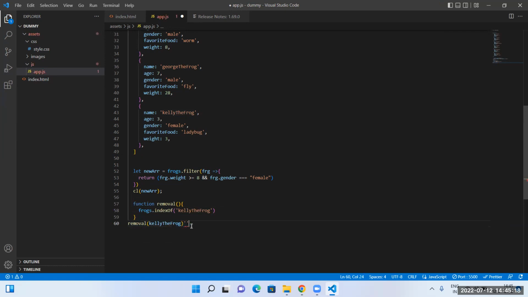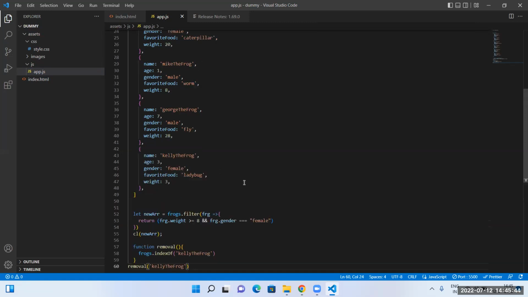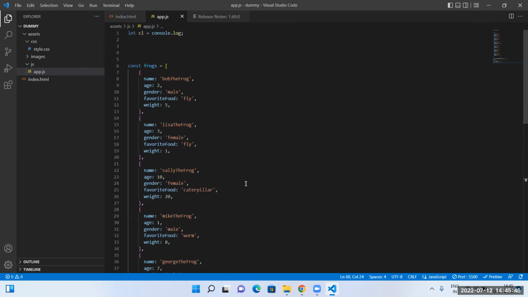Okay, I will tell you the way you have to write the program. I have to remove this element from the array that we have of frogs. So you have to find the index first of this Kelly frog element, the total object.